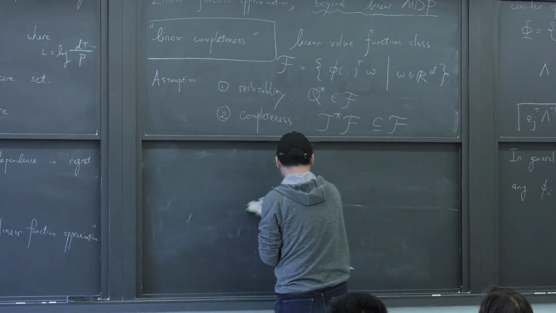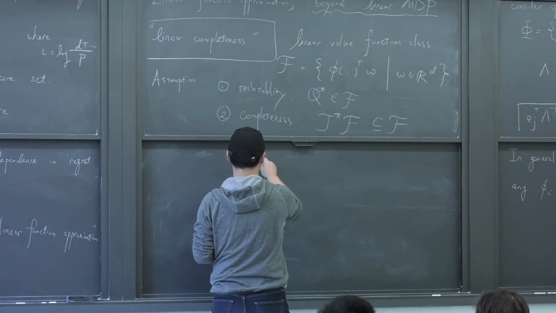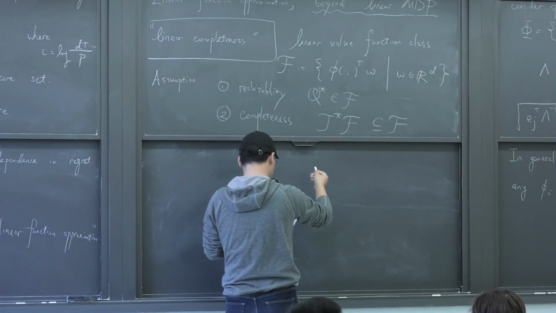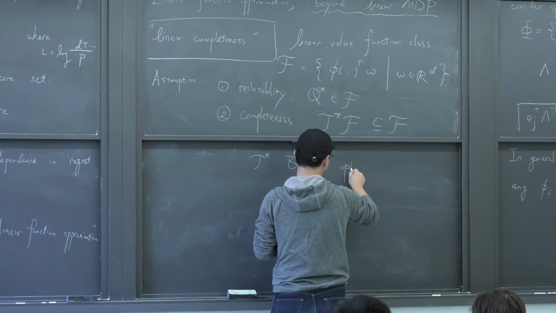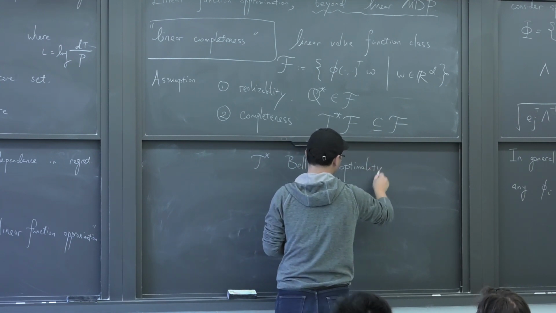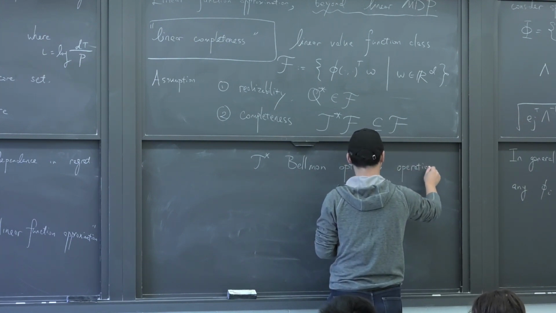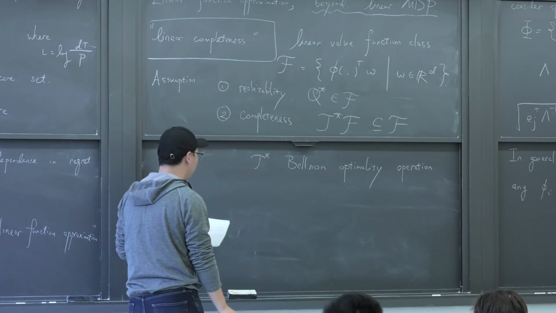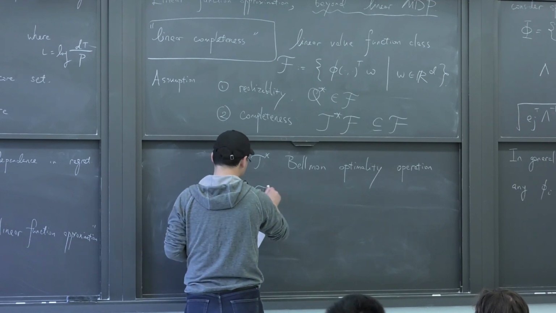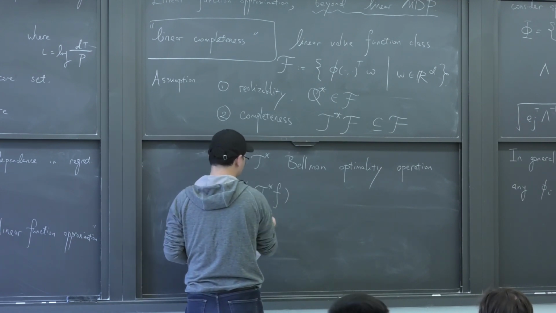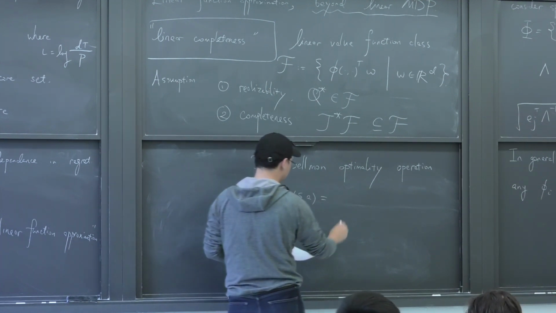Okay, so what does this notation mean? Remember, this T star is the Bellman operator. It's the Bellman optimality operator. For any function of (s, a), that is a Q value function, we say the T star f. T star essentially maps a function to a new function in (s, a). And we say this is equal to r(s, a)